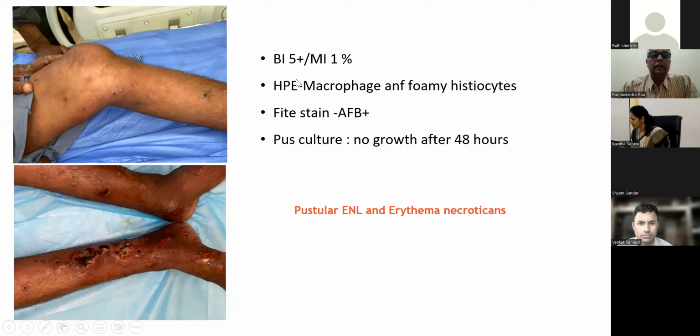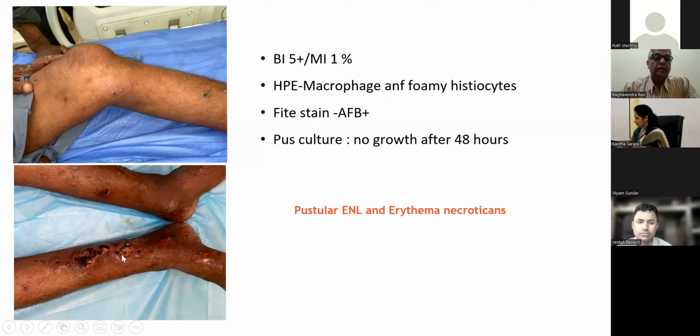So we took her smear, bacteriological index was 5 plus and morphological index was 1%. And the biopsy from the pustular lesion showed macrophages with foamy cytoplasm, and Fite stain was also positive. So we made the diagnosis of pustular erythema nodosum leprosum with erythema necroticans, which is a variant of type 2